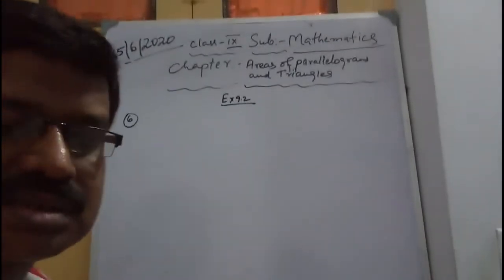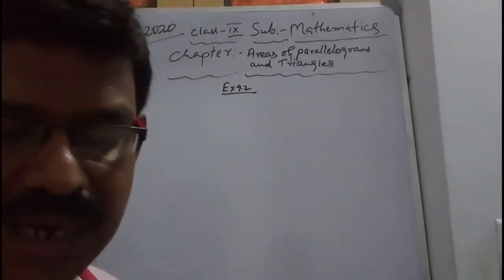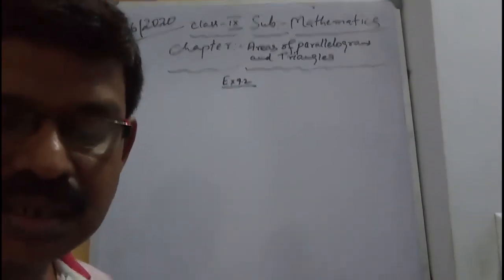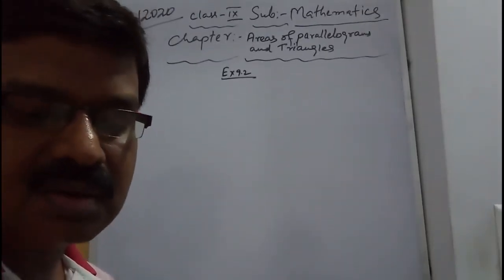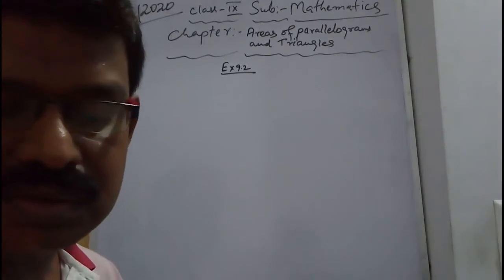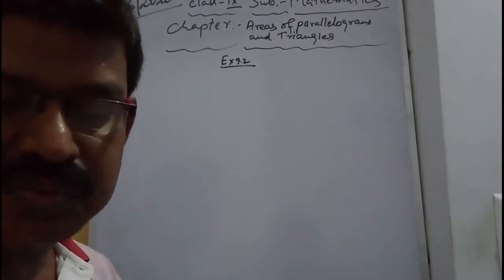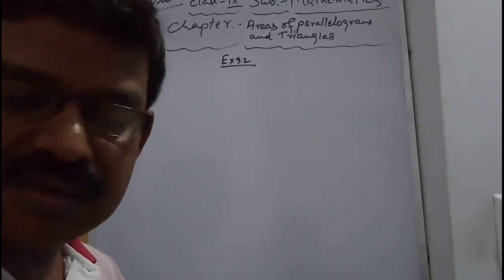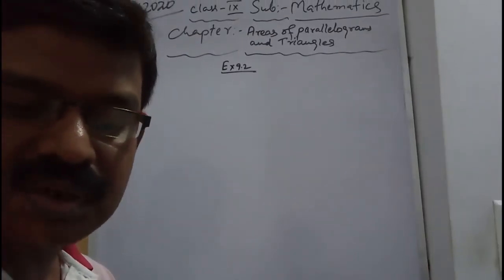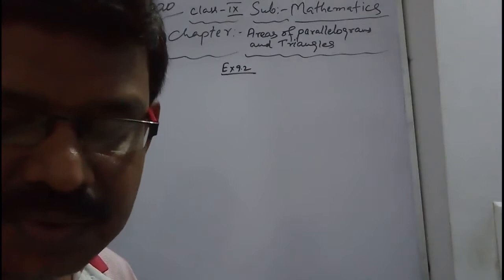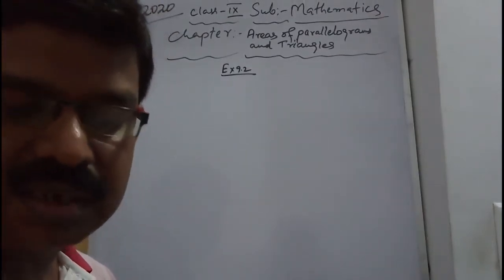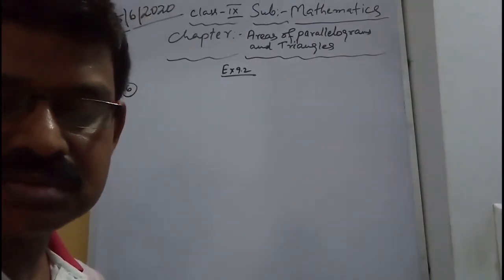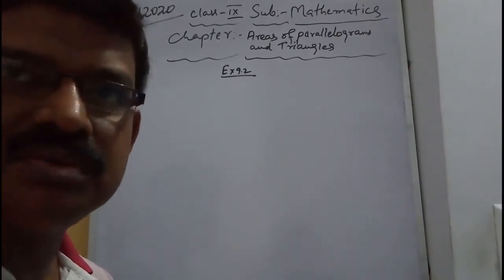Now in question number 6, the question is, a farmer was having a field in the form of a parallelogram. She took any point A on one side and joined it to two points. In how many parts is the field divided? That you have to give the answer. What are the shapes of these parts? The farmer wants to sow wheat and pulses in equal portions of the field separately. Then how should she do it?